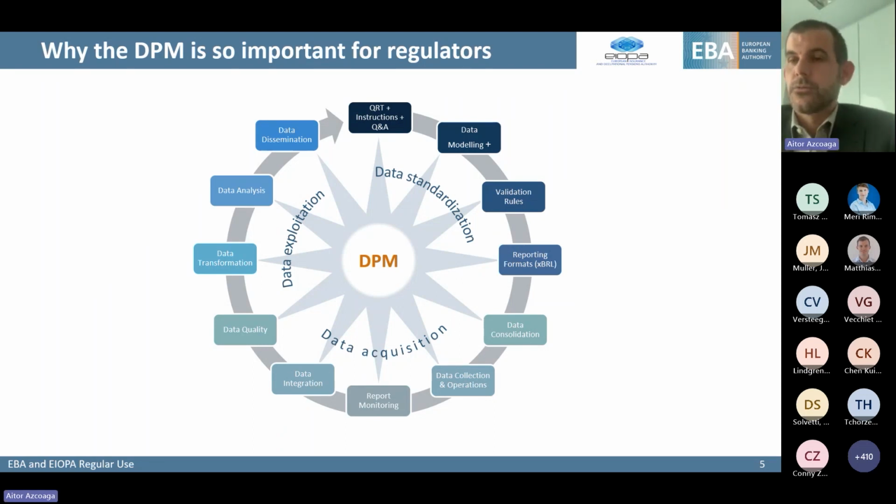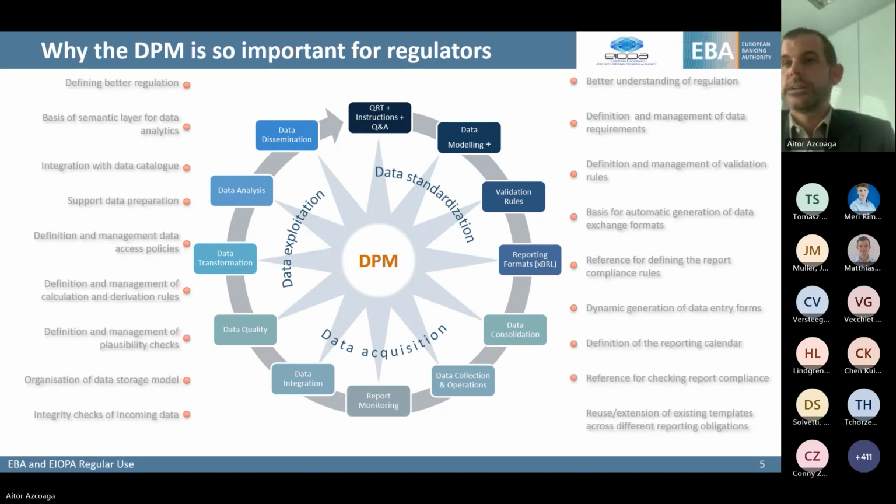In terms of what we are achieving, or where we consider that the DPM is useful for us, it is almost the whole reporting chain, particularly at EIOPA. All of this that I have explained, except the data consolidation that occurs on your end, is very much determined or led by the metadata that Mary was mentioning on the DPM. So we have all of this information where we drive all the systems as much as possible in a metadata-driven way with the DPM.